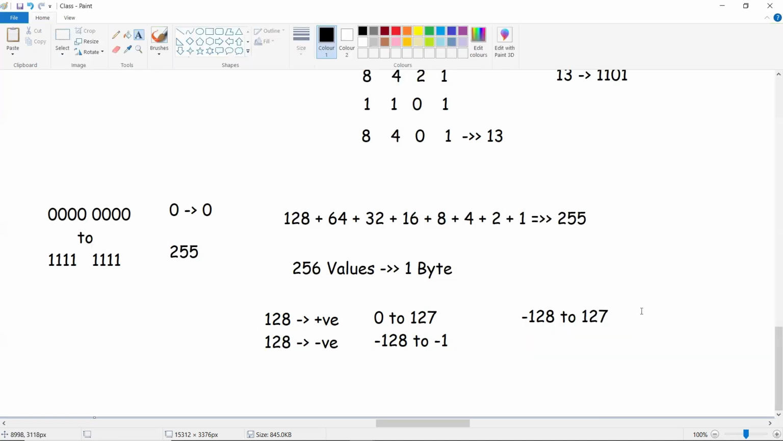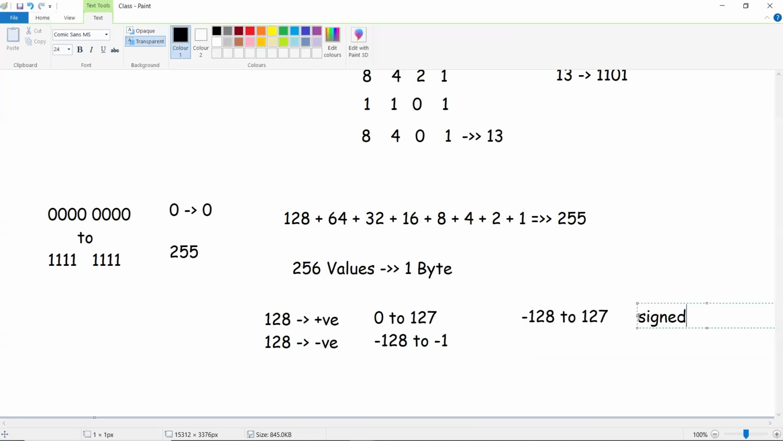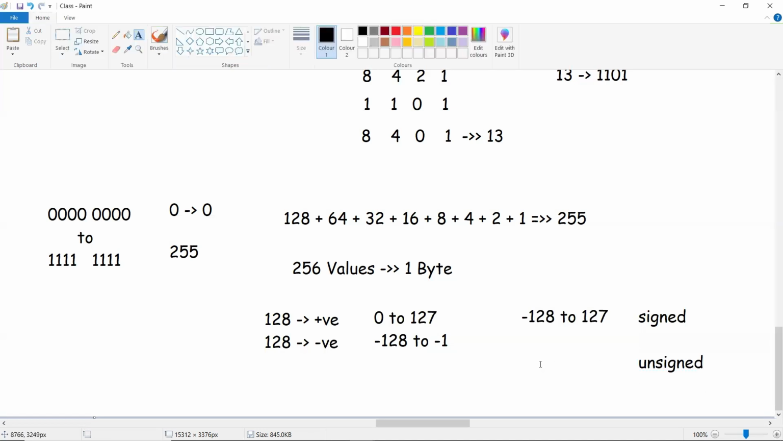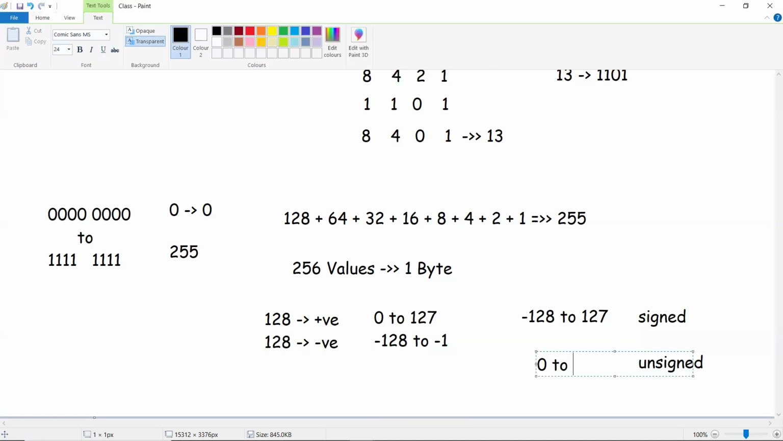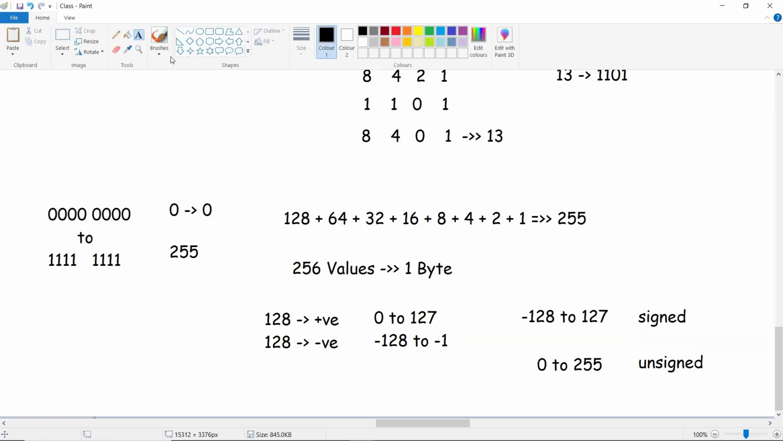So this is what is called signed. When you say signed, both positive and negative come into the picture. When I say unsigned, what is this unsigned? When you say unsigned, only positive values come into the picture, which is 0 to 255 only. Now this we have discussed only for one byte. Now if I generalize the same thing,